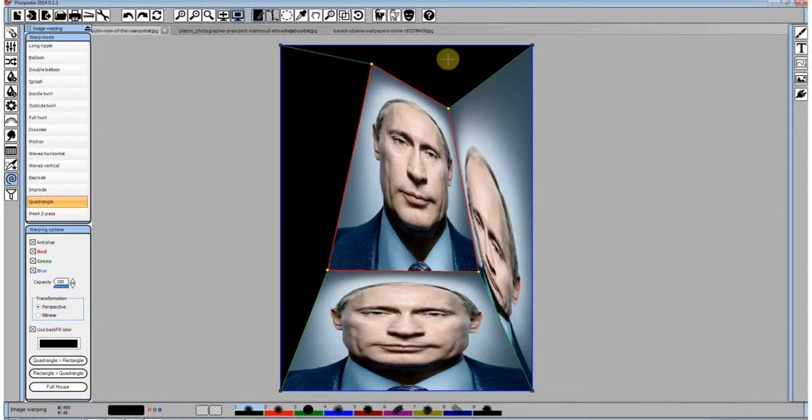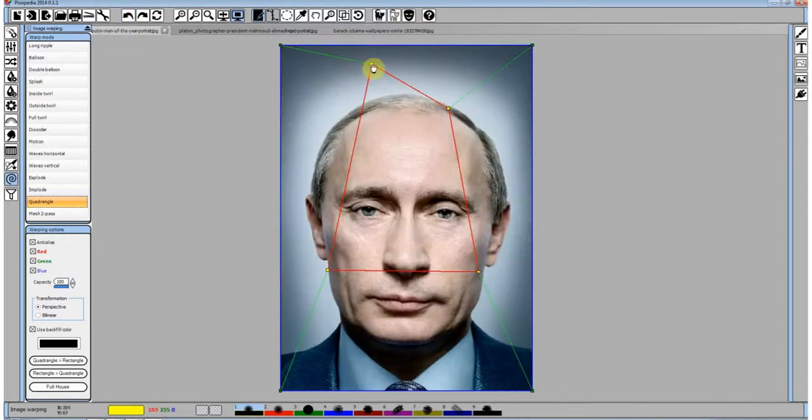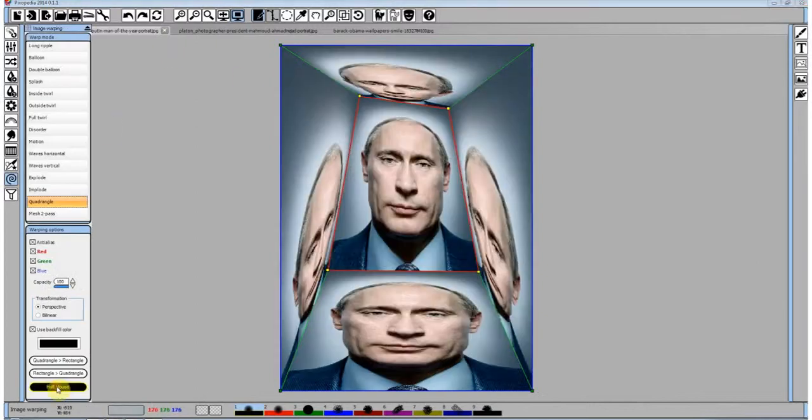So you can see this area was concave, so the warping procedure stopped here. It first warps the central quadrangle and then goes from the bottom in counterclockwise direction. So the warping procedure stopped here. If we make a convex quadrangle here, full house will be performed on all 5 quadrangles.